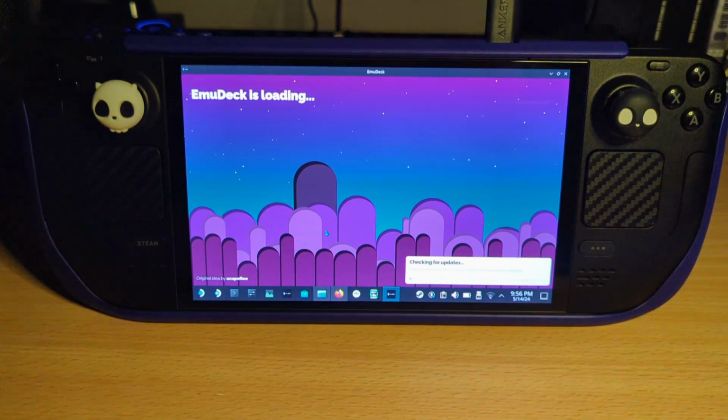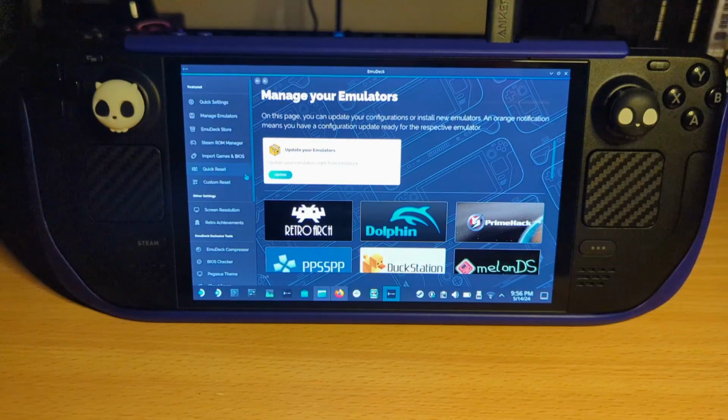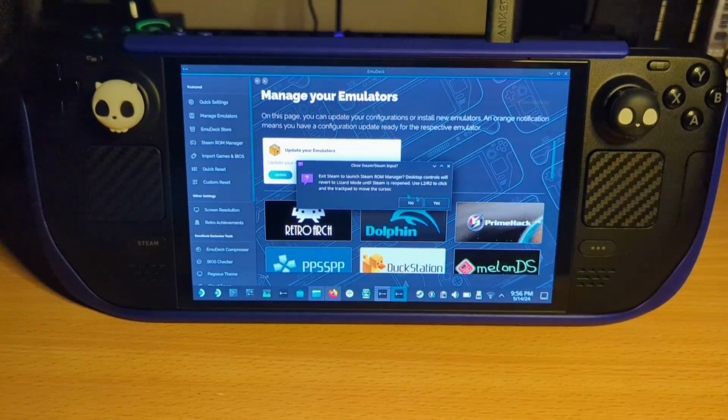Open EmuDeck. And then click Steam ROM Manager. The option here on the side, Steam ROM Manager. And press yes. It's going to close Steam, because in order to get behind Steam's back and change some of